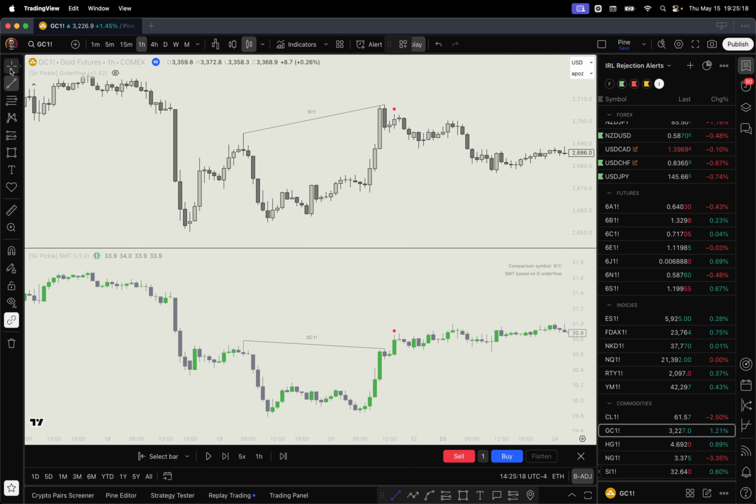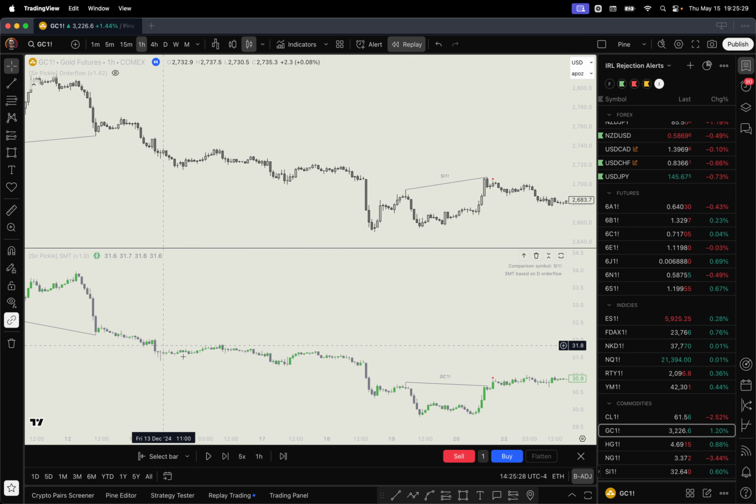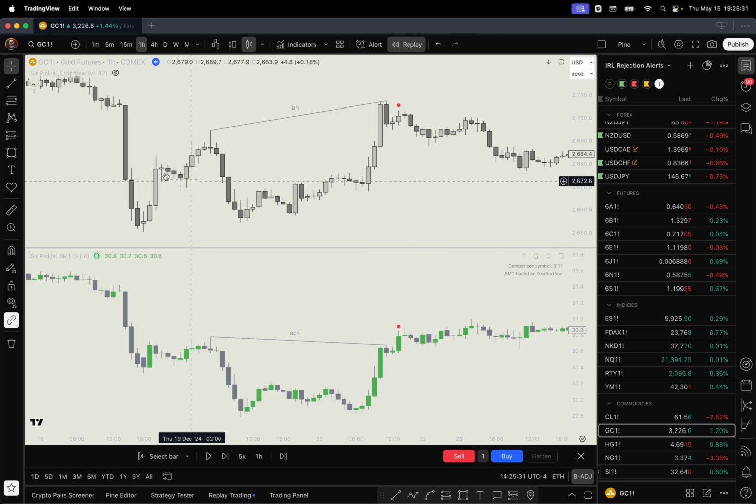But again, like I said, we don't repaint. We are not changing this line. Once it is there, it will stay there. So you can trust that the indicator is showing what you would have seen if you would have traded anything here in real time. And what happens here with the invalidation dot is basically, again, SMT means we're trading